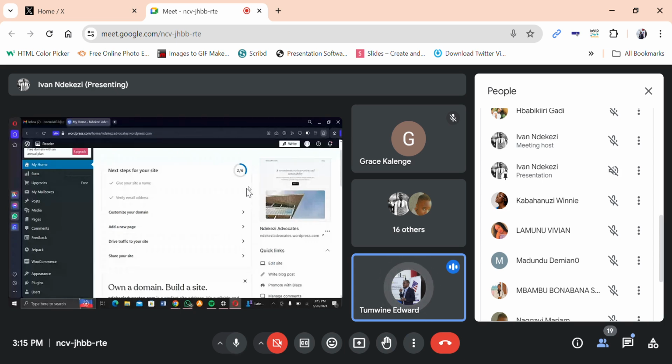So the first thing I want us to do here is to create categories. Categories help us arrange our content on our website. Actually, pages. I think we're going to first do pages and then we shall go to categories. So pages,